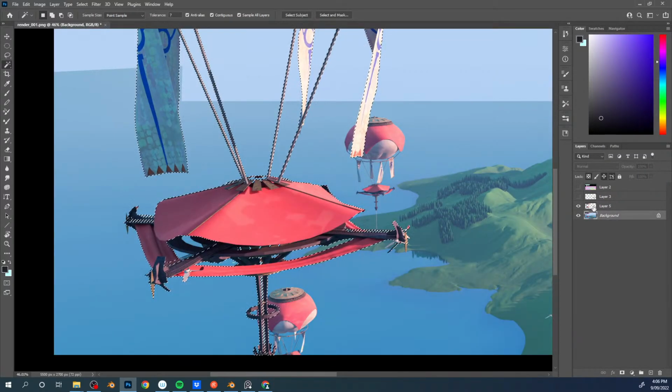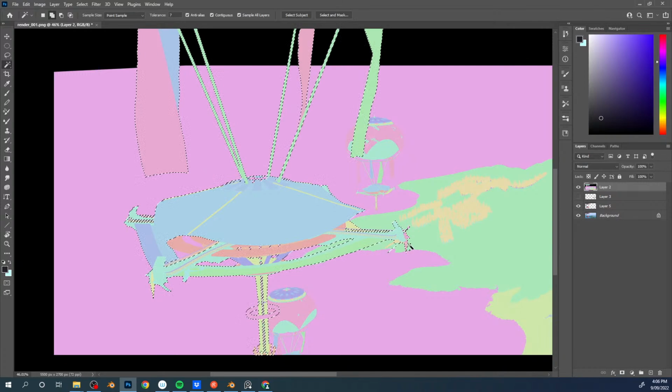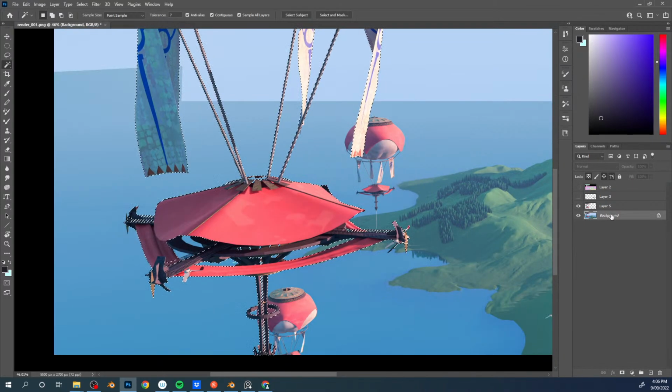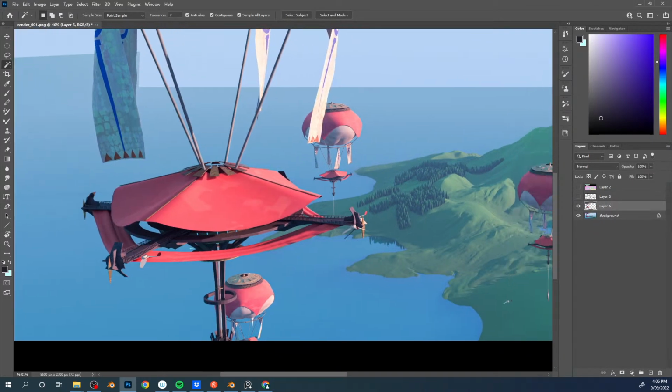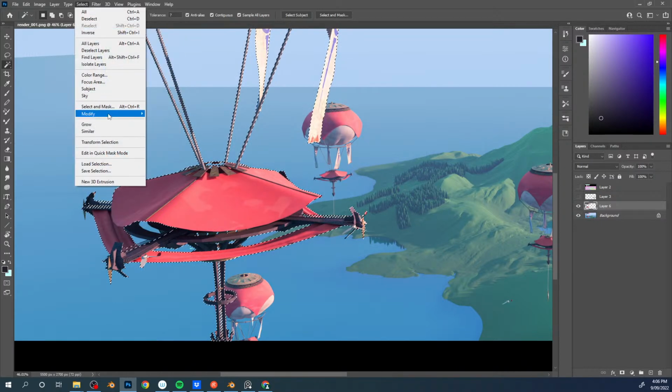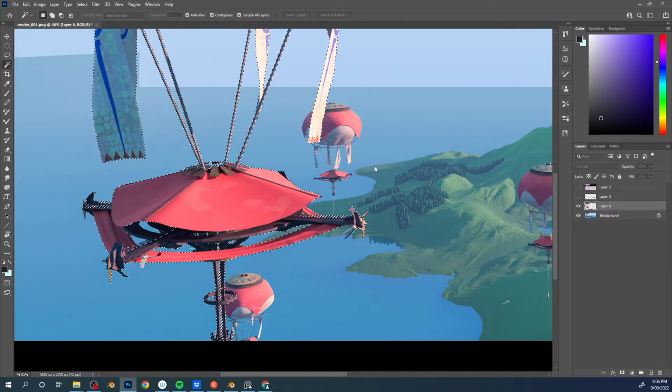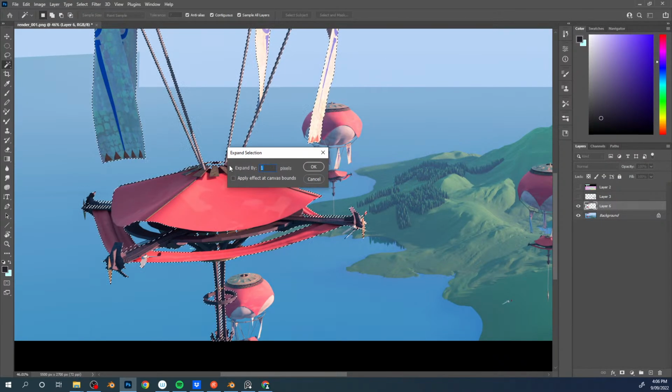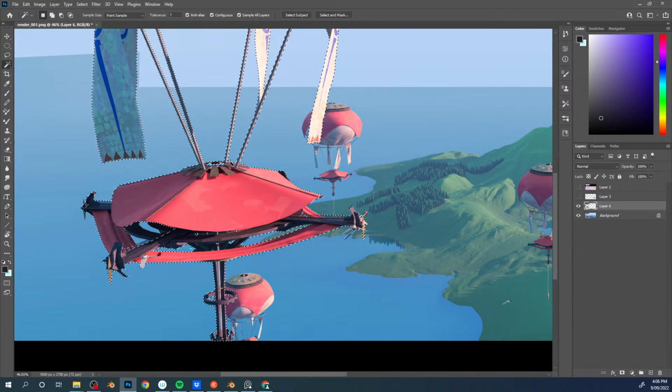So we'll just select the building. Select the building and expand the selection by just a couple of pixels. And then on the background layer, try